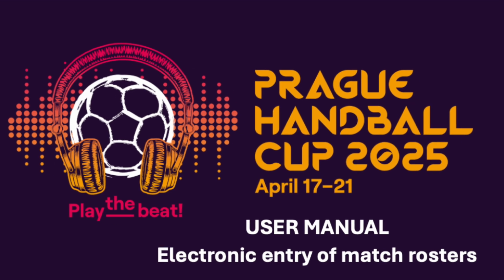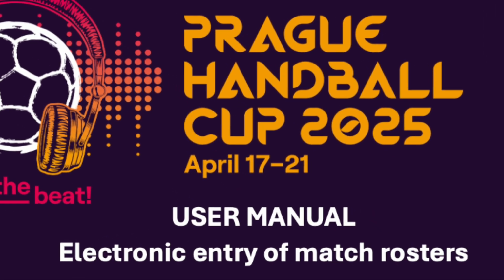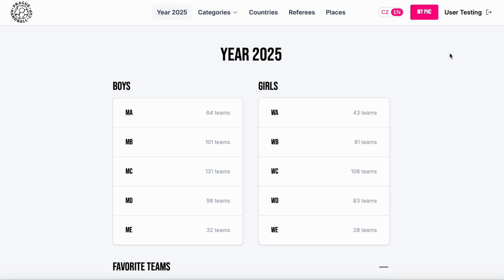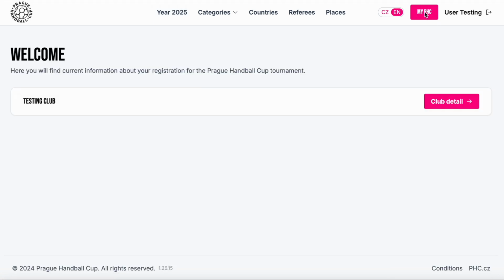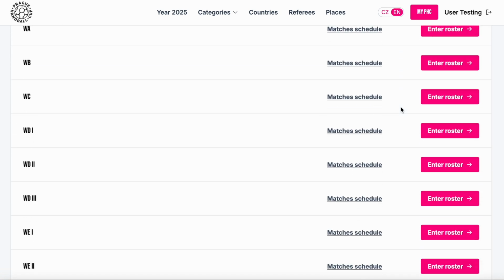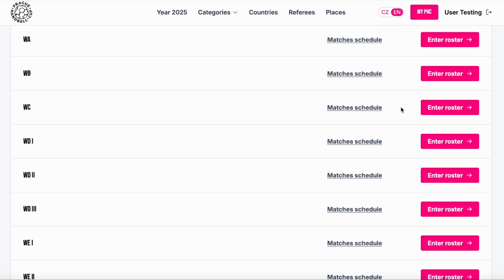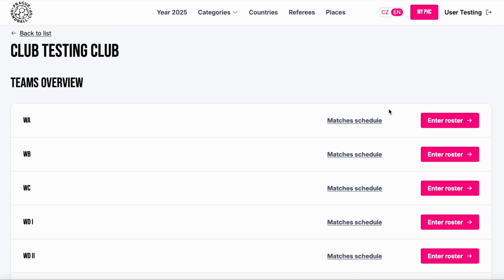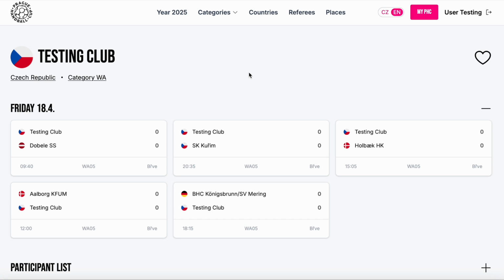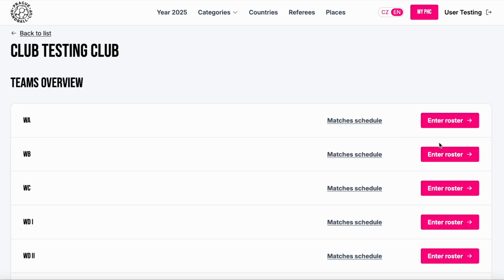This manual describes in detail the agenda of electronic roster entry in electronic form with an alternative to the original printed roster solution. The team leader with access granted by the club manager to the MyPHC zone, where he has a list of assigned teams. Here he has the opportunity to look at the team details on the PHC public website by clicking on Matches